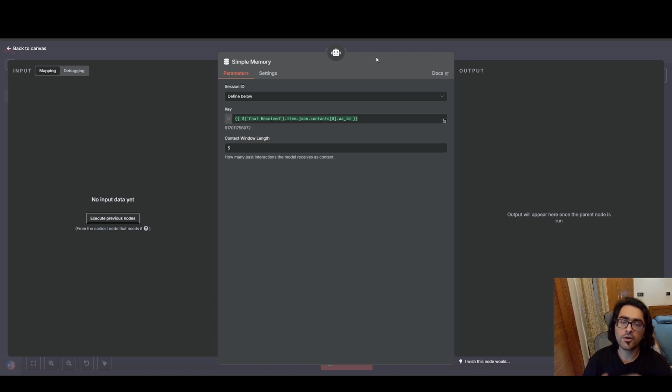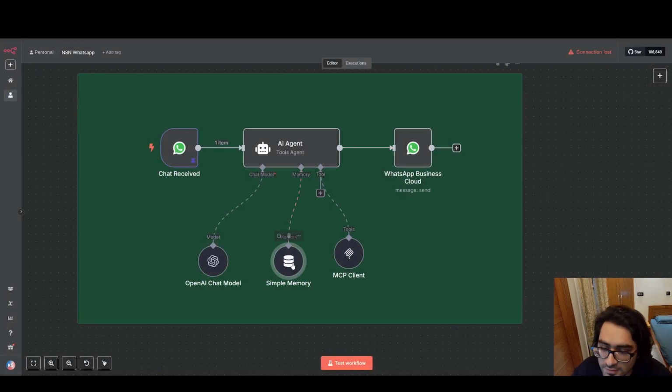And I've covered all the connections, how to connect WhatsApp, in my previous video again. So do check that for proper comprehensive depth on how to connect N8N to WhatsApp. It covers everything. So we covered simple memory, we covered the OpenAI chat model, and next is the MCP,